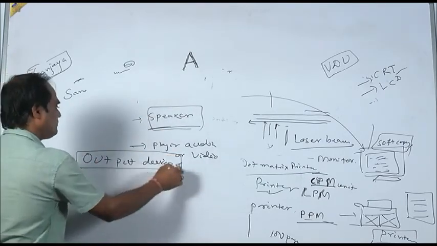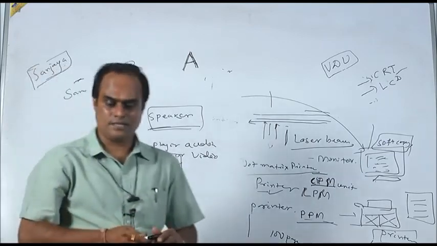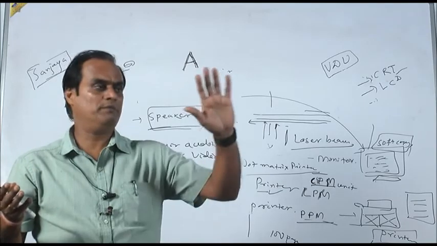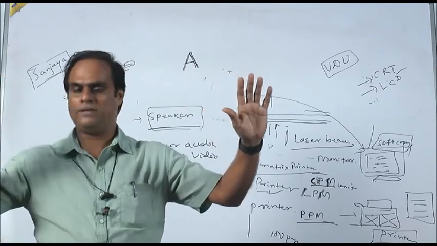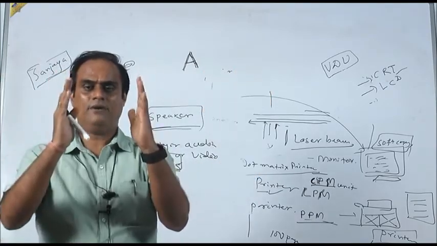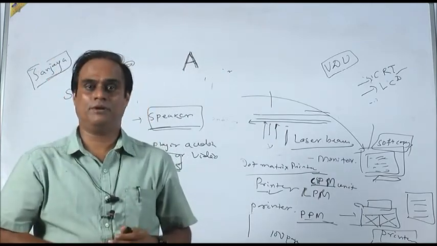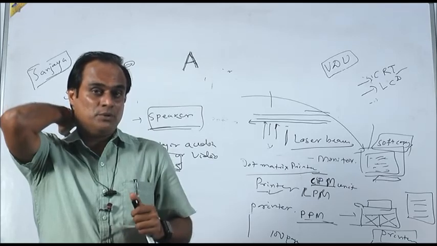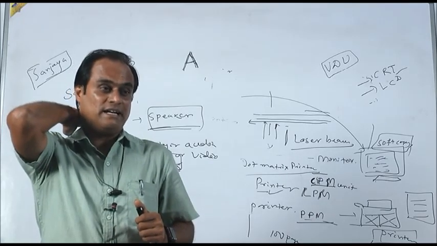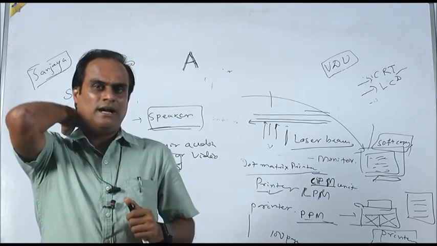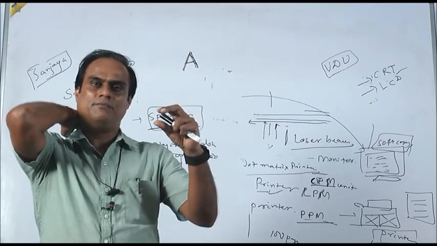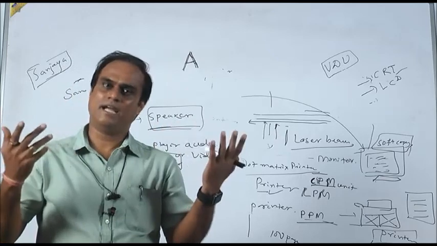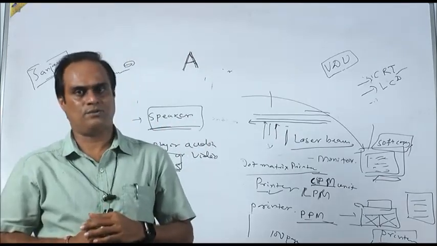Okay. So, next class we will discuss a new concept. We finished the input devices and all the output devices, and we will come to the main part, that is the memory. What is the basic role of memory inside the computer, how exactly it is used, how the CPU is using the memory, how the computer is using the memory, and what are the different types of memories, we will explain again in the next class. Okay. Thank you.